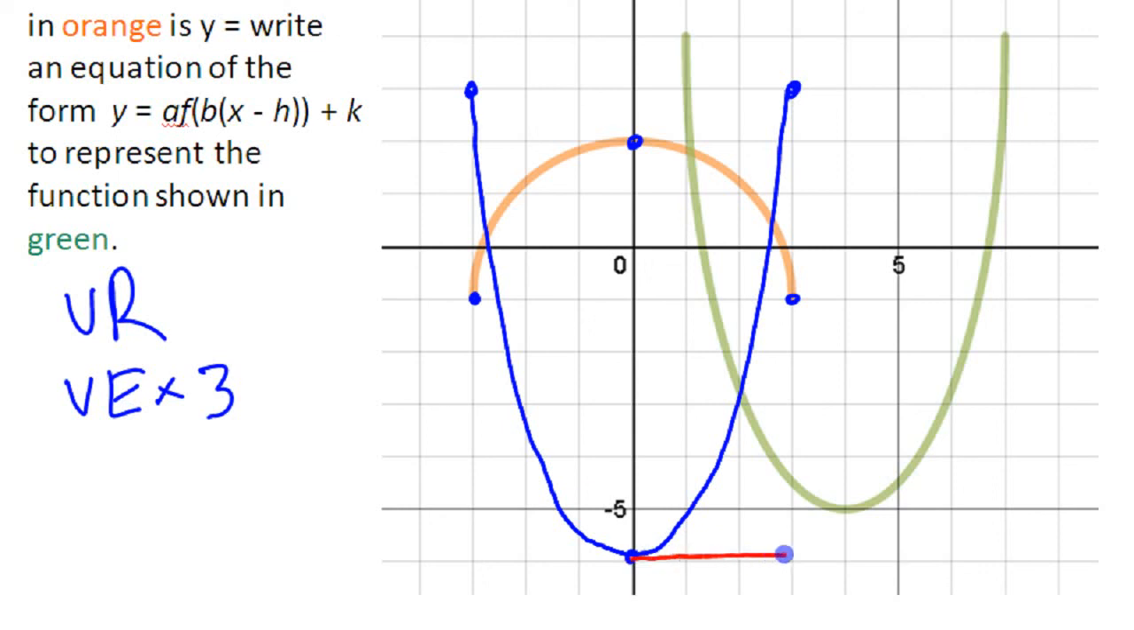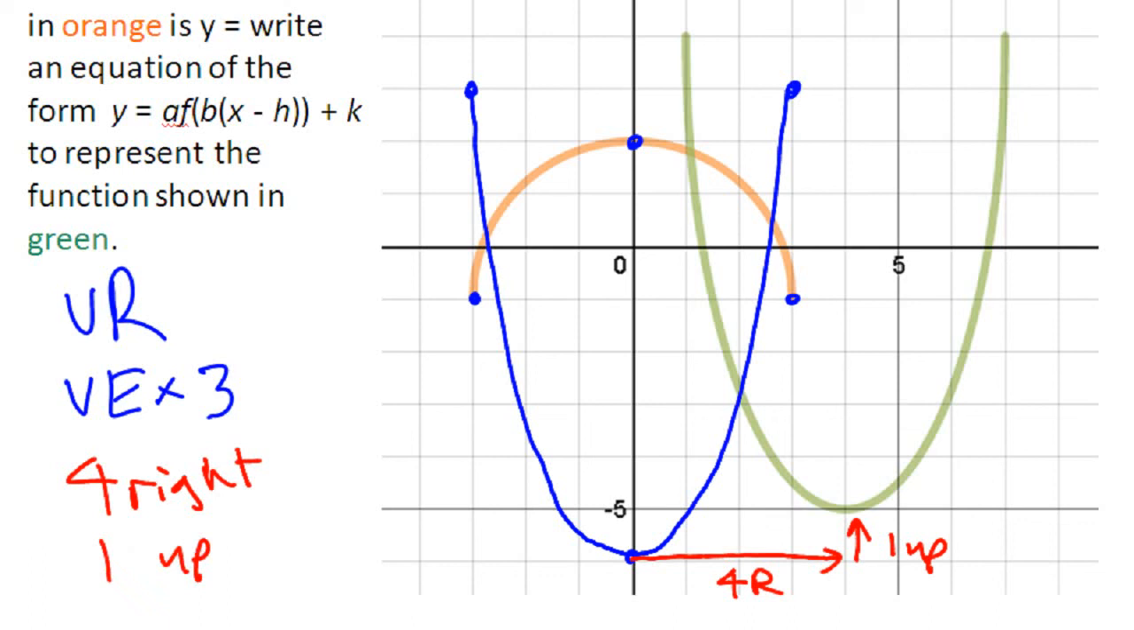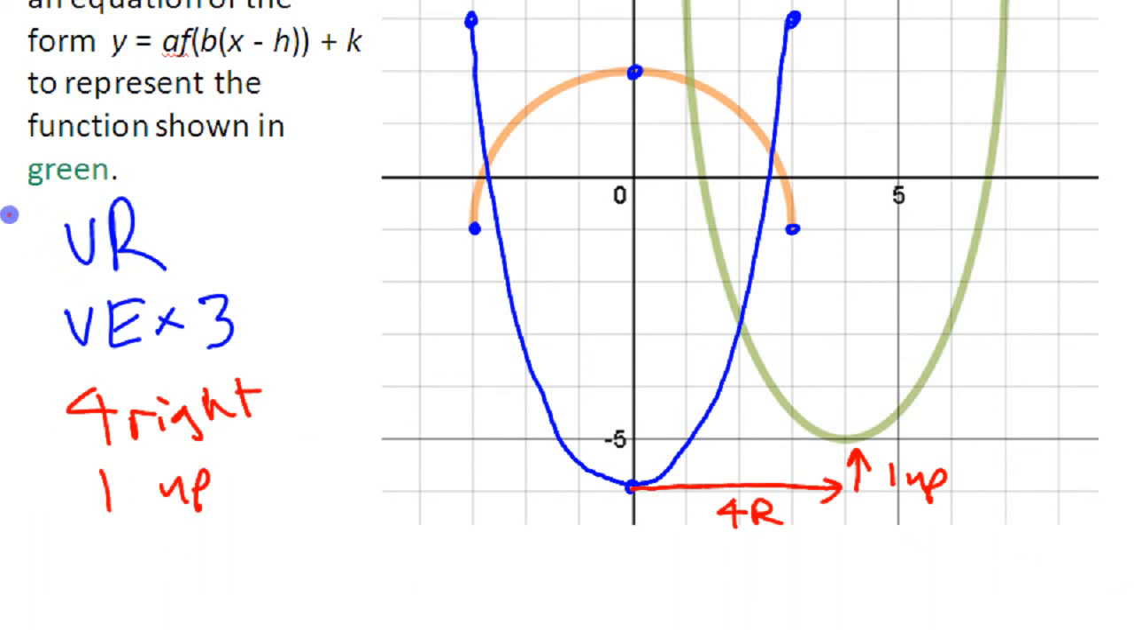This has been shifted 4 to the right and 1 up, right? 4 right, 1 up, 4 right and 1 up. Those two themselves don't matter what order, and the two blue don't matter what order. If we're going to write this equation here,